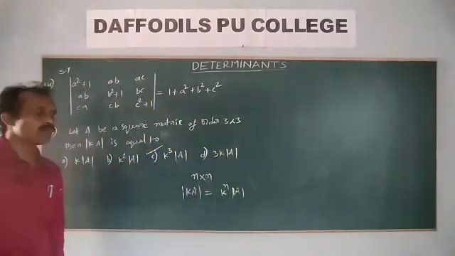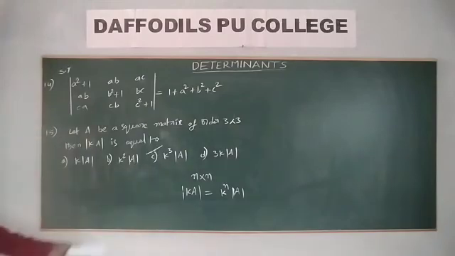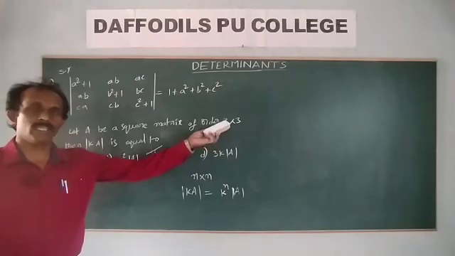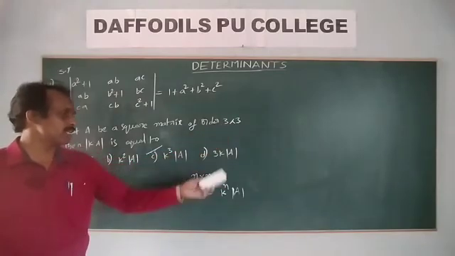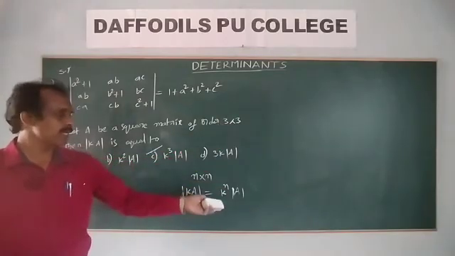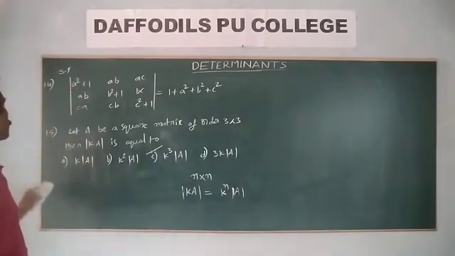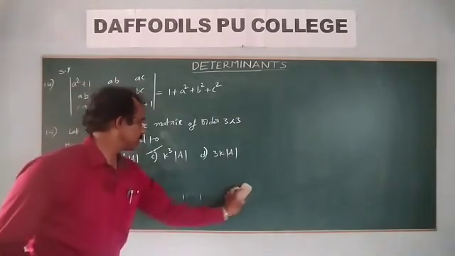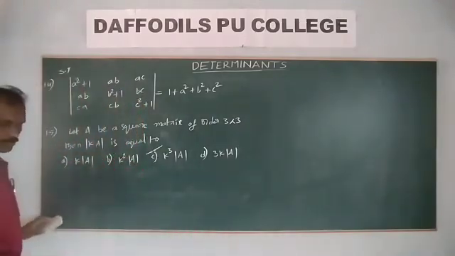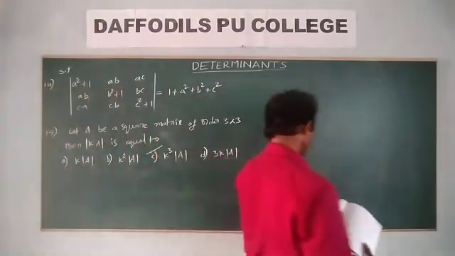So this is the formula for the determinant of kA: either 3 by 3, k cube; 2 by 2, k square; n by n, k power n. So this is a multiple choice question, the 15th. Next, 16.